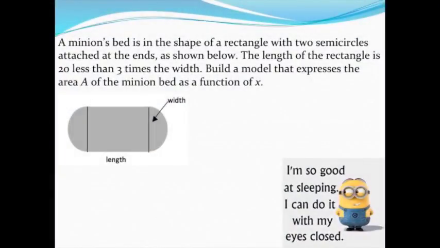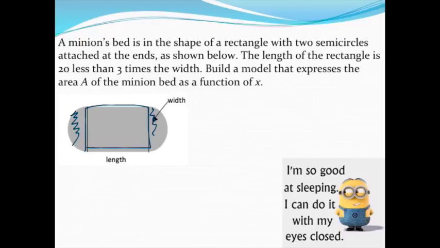If you've watched the other two videos before this, you know that we're just writing models that would represent the area of these different figures we're looking at. This case is no different. This time I have a rectangle in the center, and then I've got two semicircles around the outside. Well, two semicircles put together are going to make a circle,